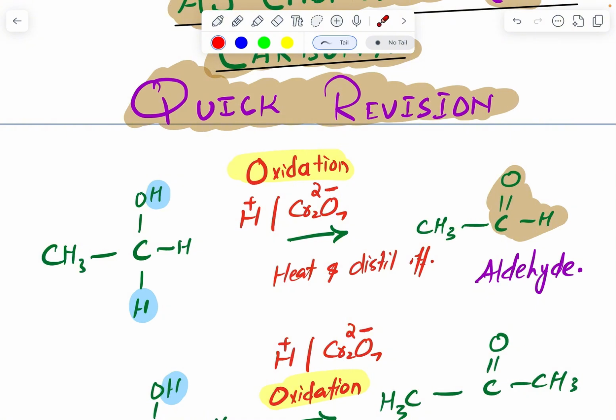The type of reaction is oxidation, and the reagent that we are using is acidified potassium dichromate, and the condition is heat and distill off. This is important: heat and distill off. So don't write down heat under reflux, you have to write down heat and distill off. Now let's talk about the next